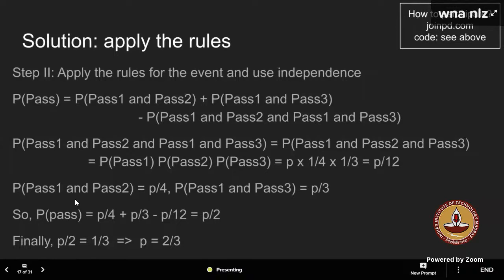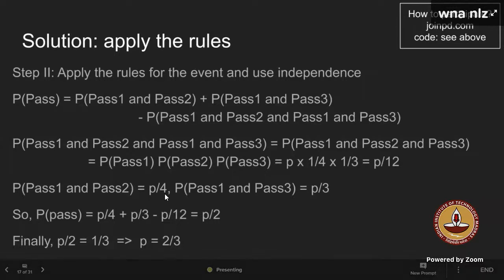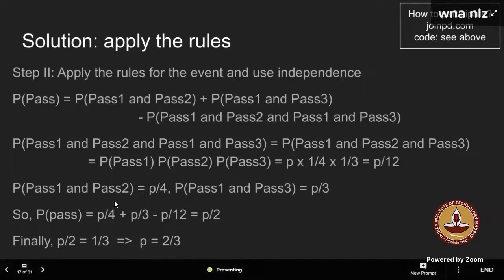Now what is given to us, probability of only event X, or you say event A, whatever, that is he has passed in the first section and also passed in the second section. That has been given to us as P by 4, correct? Sir. And similarly, we are finding out the probability of B individually. So this is P by 4 and P by 3.